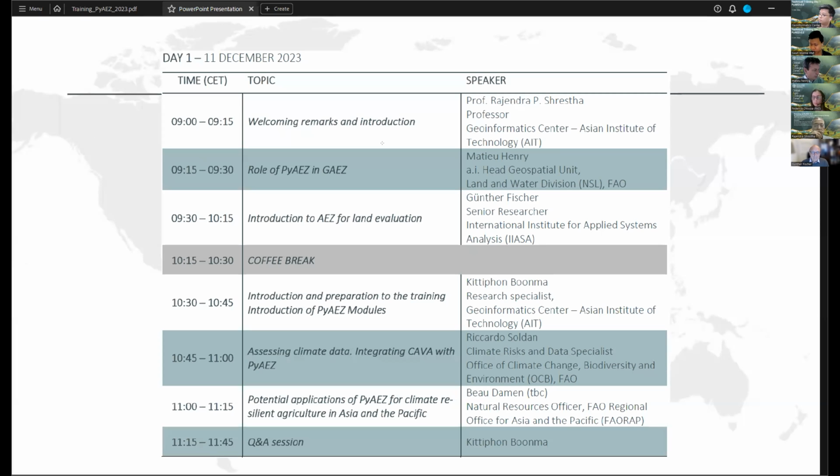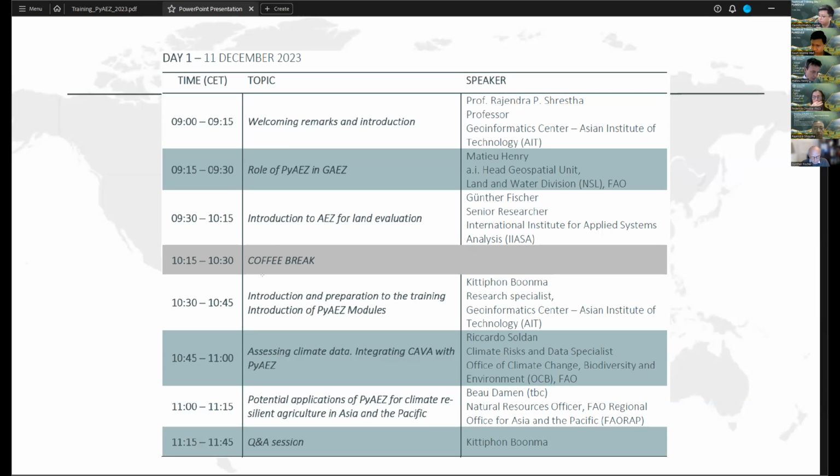We will have some welcoming remarks from Professor Rajendra from AIT, and then Matthew from FAO NSL section will talk about the role of PyAEZ and GAEZ, and then we have our expert Gunther Fischer from IIASA from Austria to give us an in-depth introduction of the AEZ framework.